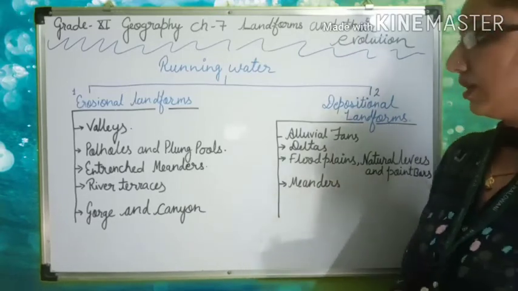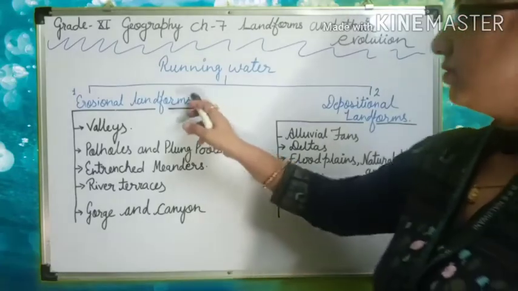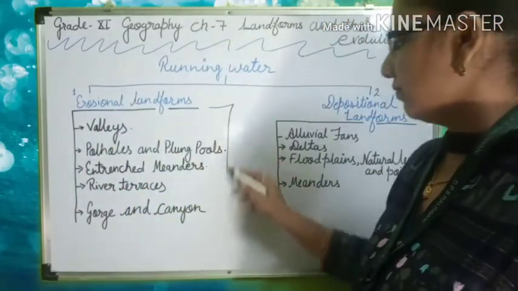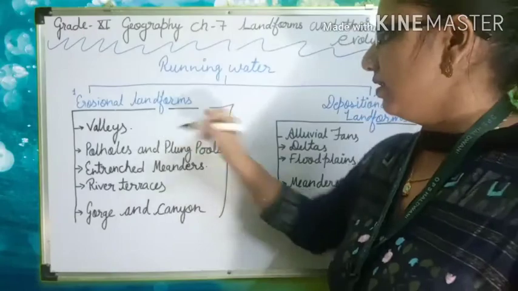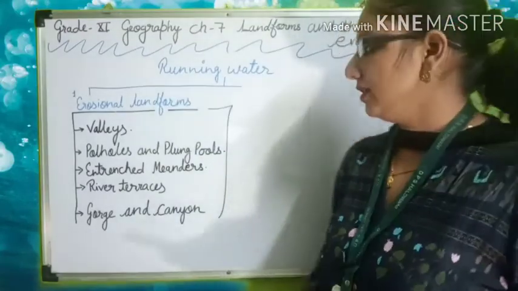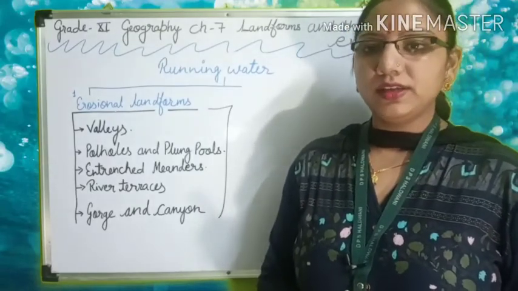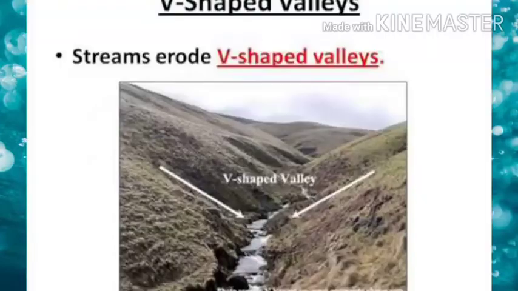So, students, today we will talk about the erosional landforms, which form due to erosional activity. So, let's start with the erosional landforms. We will see them with the help of pictures. Let's see what valleys are. Students, valleys start as small and narrow rills. The rills gradually develop into long and wide gullies, which further deepen, forming a valley,